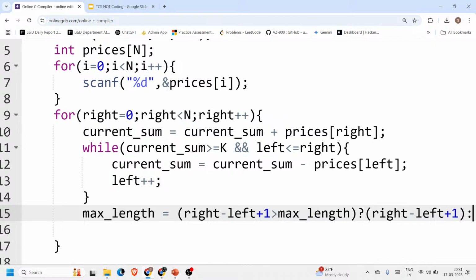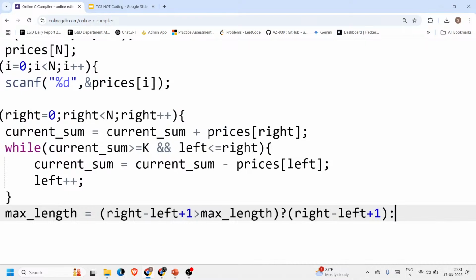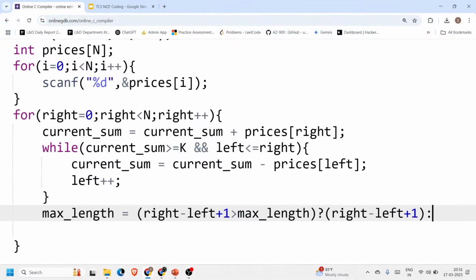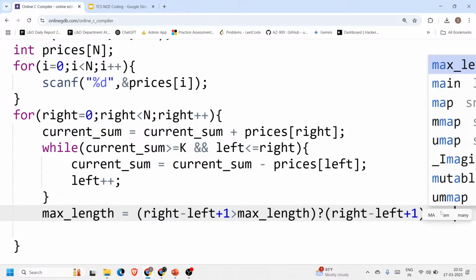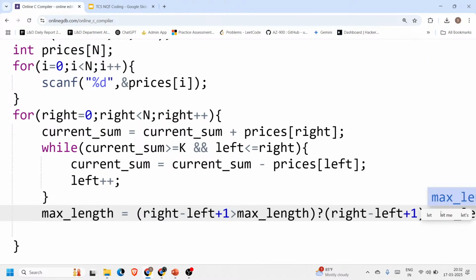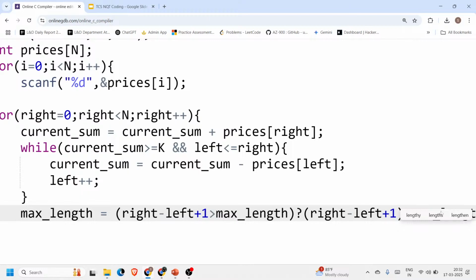It is just a shortcut to use if-else statements. So if right minus left plus 1 is greater than the max length, then right minus left plus 1 is the max length that we will fix. Otherwise, if these values are less than the max length, then we will fix the previous max length itself. So max length,